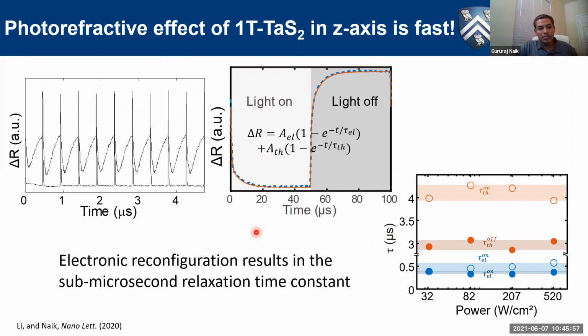What we saw in terms of speed was that this actually has a submicron speed, about 300 nanoseconds. Okay, so we did pump probe measurements and fit this transient with two exponentials. Again, just to remind you, we are using lasers with intensities much higher than white light, so we also had a little bit of photothermal effect. So we separated the photothermal effects from something else, and then made sure which one is photothermal and which one is not by doing additional experiments that I didn't show here, for example, changing the substrate or including a substrate with different thermal conductivity.